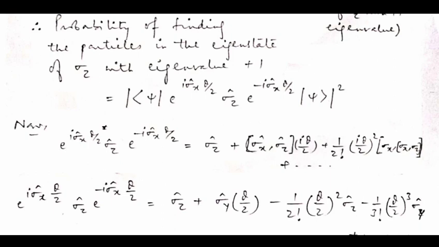This will be a series, and you can simplify this series if you know the commutator relations between the Pauli matrices,